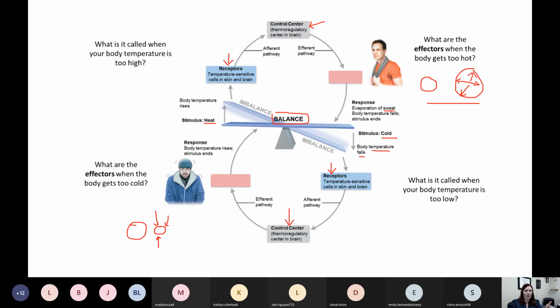We're not sending as much oxygen-rich blood to those places because instead of sending it all to the skin to radiate off heat, we're actually sending it all to your core, to your thoracic cavity and your abdominal pelvic cavity, where we've got all those important organs. Here, let's make a big picture connection. Organs really care about us being at temperature balance. They really care about us being at the right temperature because for them to work, they need to have their enzymes